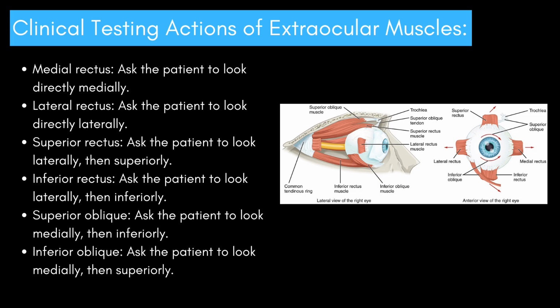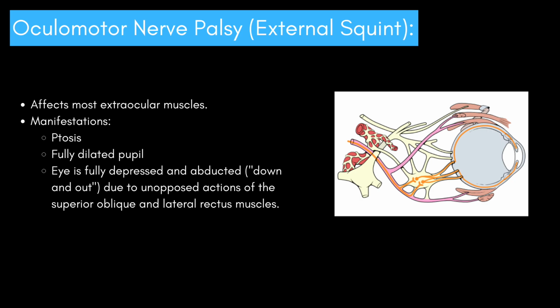Superior oblique. Ask the patient to look medially, then inferiorly. Inferior oblique. Ask the patient to look medially, then superiorly. Let's next take a look at oculomotor nerve palsy, also known as external squint. Affects most extraocular muscles. Manifestations: ptosis, fully dilated pupil. Eye is fully depressed and abducted, down and out, due to unopposed actions of the superior oblique and lateral rectus